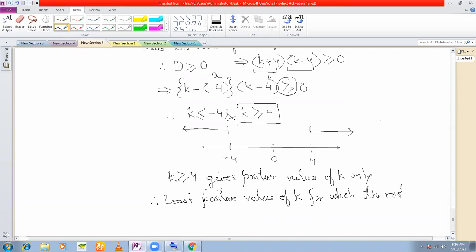Yes, anyone? I just explained to you. K greater than or equal to 4. That means K starts from 4 and above, right? So what should be the least value? Least value should be 4. And that is your answer. Yes, all understood? So that is the last question that I was supposed to discuss from this exercise. Okay. Now